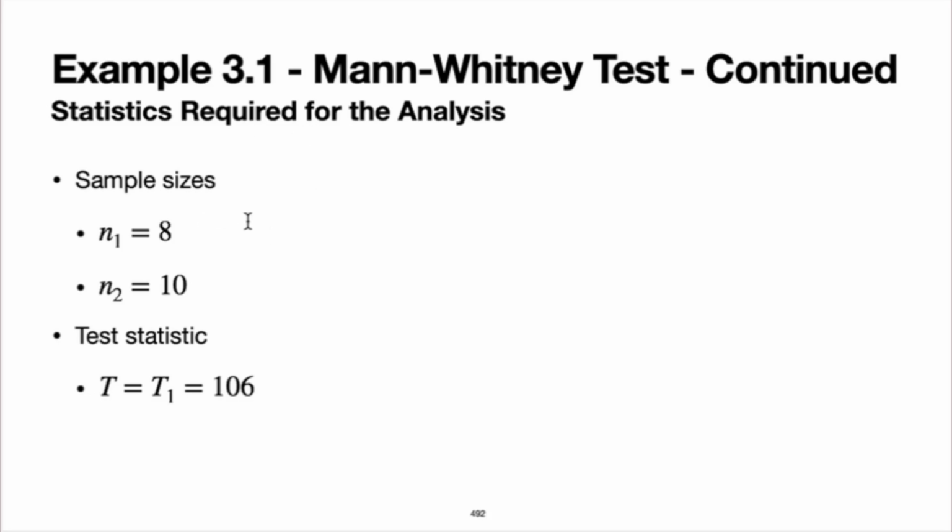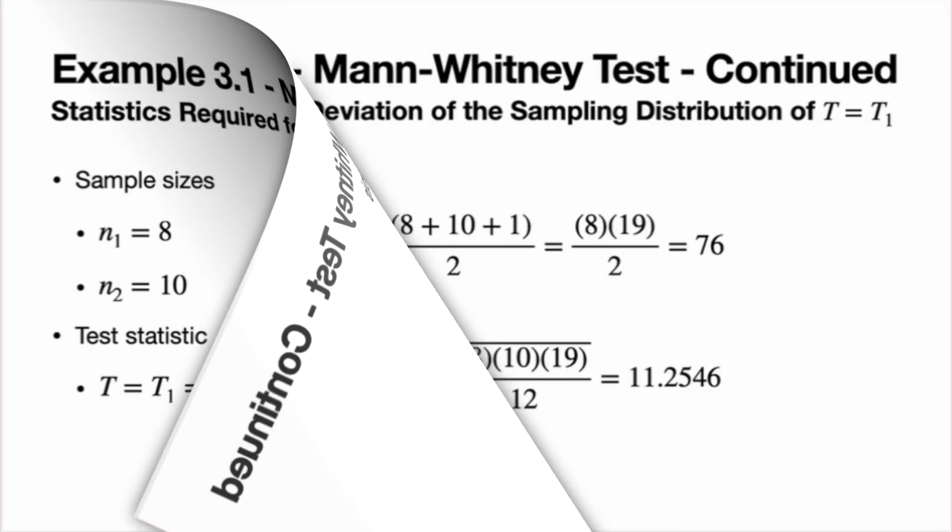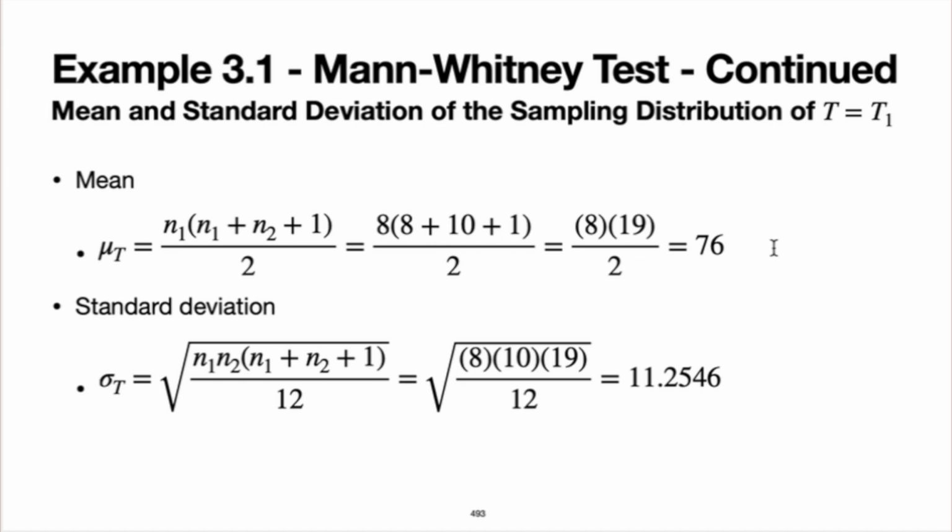So we've got the two sample sizes, n1 is equal to 8, and n2 is equal to 10. And then the test statistic. Remember, for this large sample approximation, the test statistic T is always T1, and that was equal to 106. Then we had to calculate the mean and the standard deviation of the sampling distribution of the test statistic. All right, and so we had those there. The mean is 76, the standard deviation is